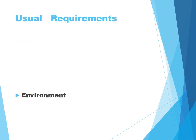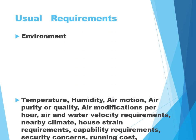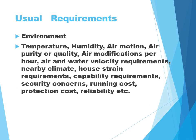Usual requirements. Environment: temperature, humidity, air motion, air purity, quality, air changes per hour, air and water velocity requirements, nearby climate, house strain requirements,